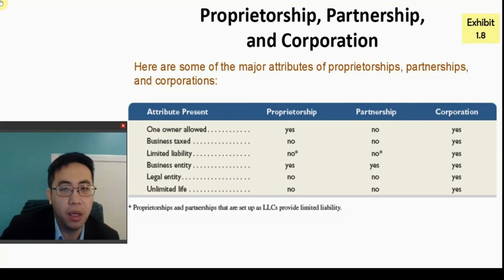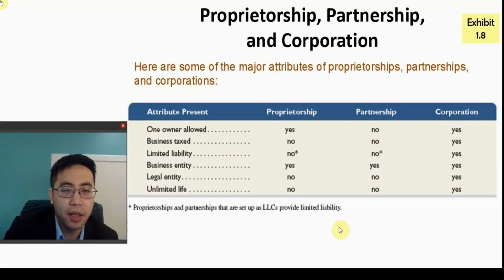So like Apple, it is a corporation. Their products, iPhones and iPads and Macs and stuff. The thing is, who are the owners of the corporation? The millions of shareholders. Whoever purchased Apple's stock would be the corporate owners. A corporation can also have only one owner, just like a sole proprietorship. But for a partnership, it has to be over one owner. Chapter 14, which I will cover later, talks about how a partnership distributes the ownerships.